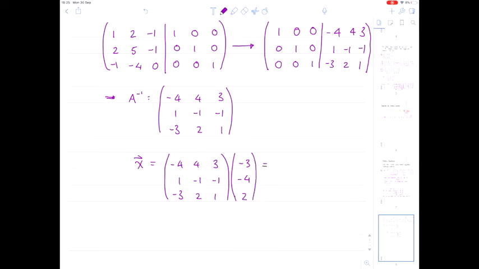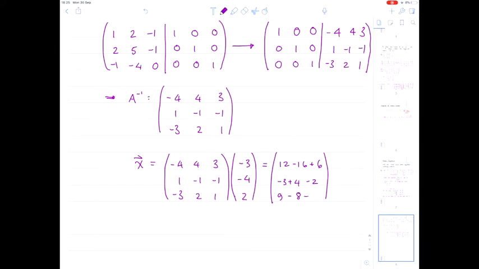So if we do this multiplication, what do we get? Well, we've got a minus 4 times minus 3, so that's a 12. Then we've got a minus 4 times a minus 4, so that's a minus 16. And then we've got a 3 times 2, which is 6. Then our next entry is going to be minus 3 plus 4 minus 2. And then we should have 9